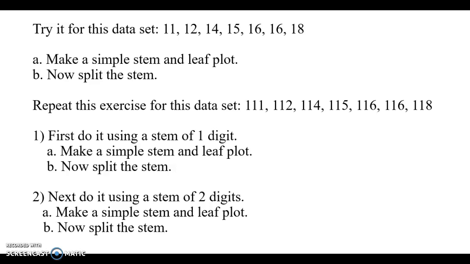The problem we have with the current data set is all the numbers actually go between 11 and 18. So you could think of it between like 10 and 20. That's a really short range of data. That's when we need to split the stem. So we're going to split this stem. A lot of times we'll split it between something like 10 to 14 will be one half of the stem, and 15 to 19 will be the other half. Some people may have split that to be between 11 and 15 and 16 and 20. You can't put that 20 in, so you'd have to go like 16 to 19, and I think your stems in that case are uneven size. 10 to 15 is actually 6 digits. 16 to 19